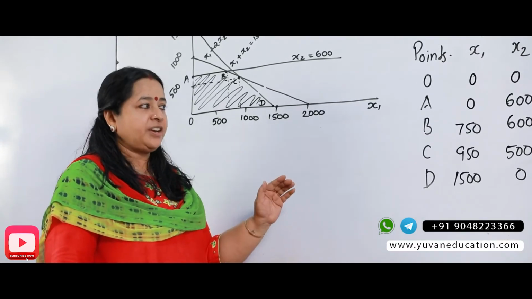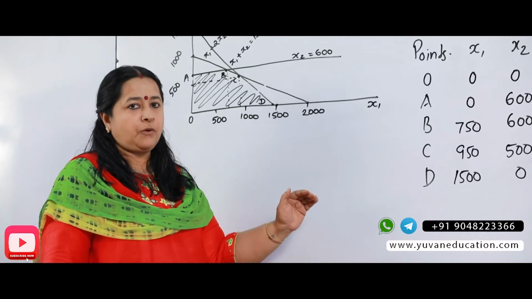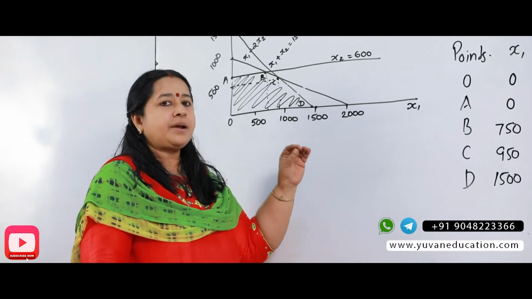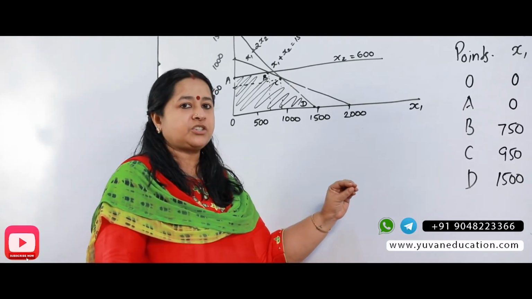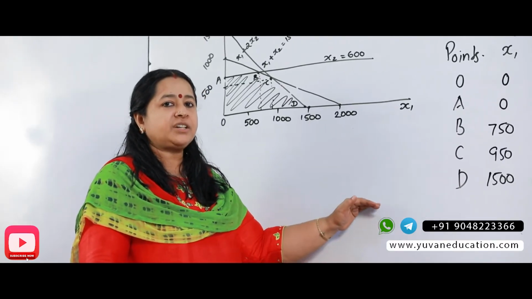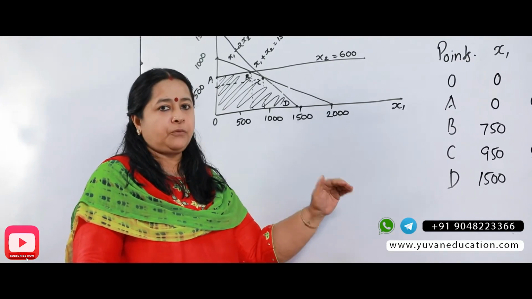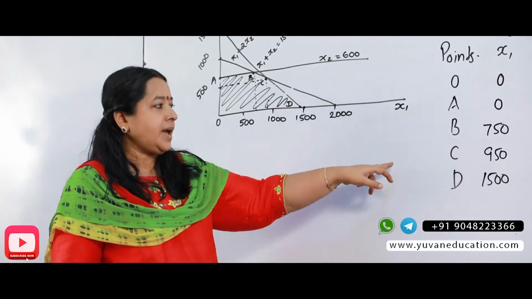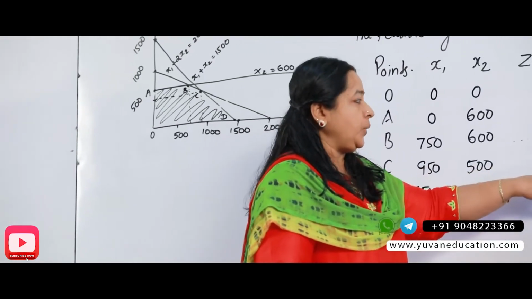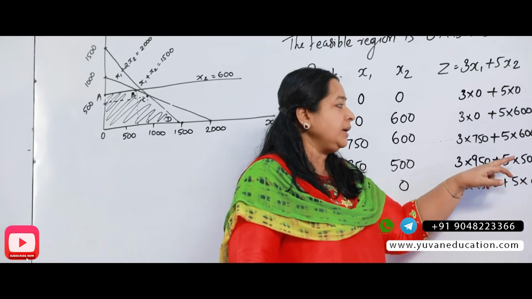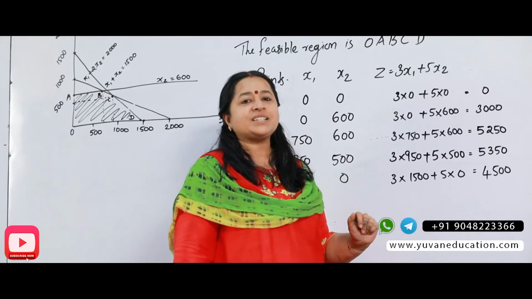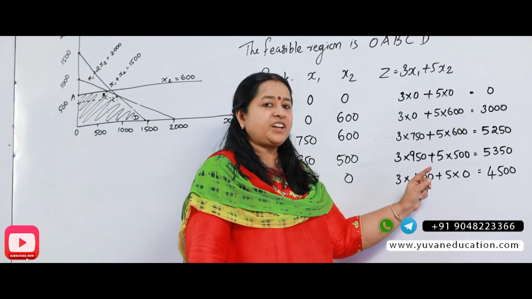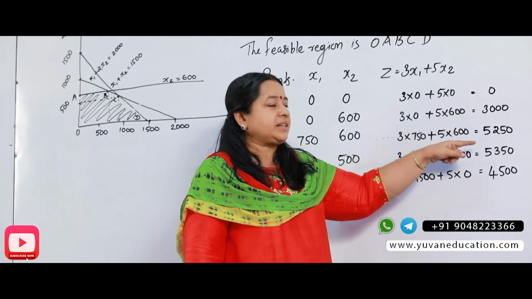If we want to find out the maximum profit and how many units of this basic version and how many units of this deluxe version should be manufactured to achieve the maximum profit, we can say that 950 units of basic version and 500 units of deluxe version should be manufactured to achieve maximum profit